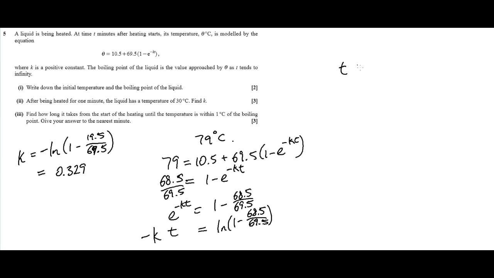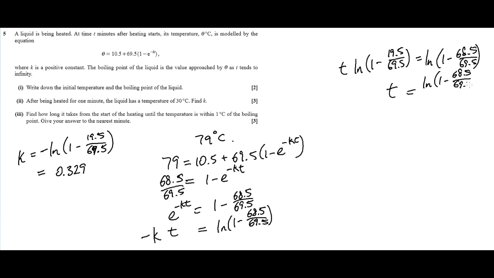Times, because negative k is just positive natural log of this thing, so I'll just do both steps at once. 1 take 19.5 on 69.5 equals natural log of 1 take 68.5 on 69.5. Then we just need to divide both sides by the natural log on the left to get natural log 68.5 on 69.5 all over natural log of 1 take 19.5 on